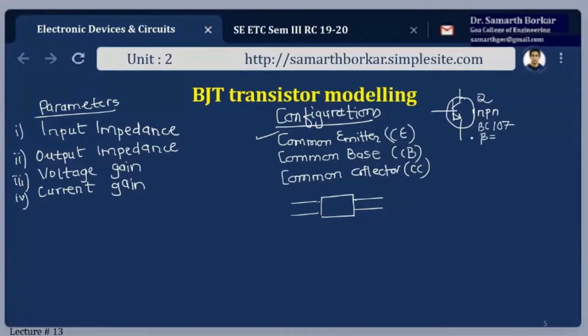Fine. Now, for any electronic circuit, we have two wires for the input and two wires to draw the output. Now, transistor being a three-terminal device, a collector, base, and emitter, what we do is we make one terminal common to both input as well as output. So if I talk about common emitter, then the emitter is connected to ground. Input is applied between base and emitter, and output is taken across the collector and emitter.